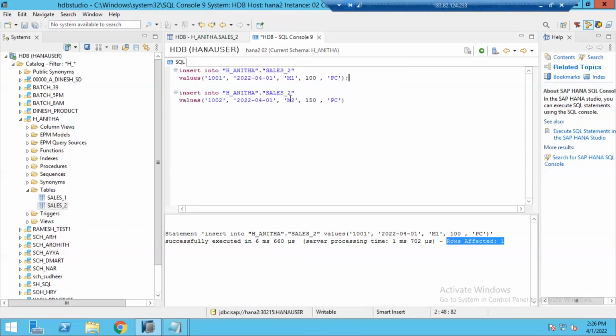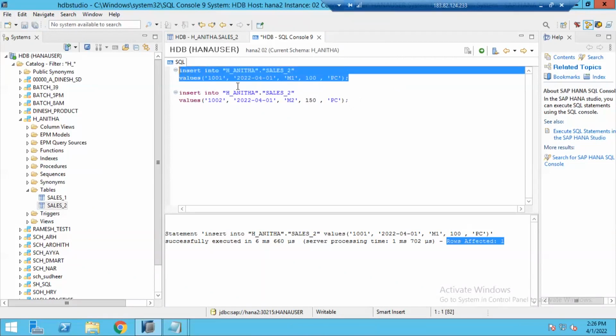At the end of each statement, you must specify a semicolon so that the system gets to know we have two statements here: from here to the ending semicolon is one statement, and second, again insert into till the semicolon, you have the second statement. Okay, so already the first statement executed, right?